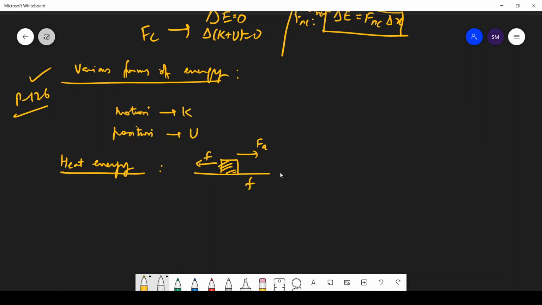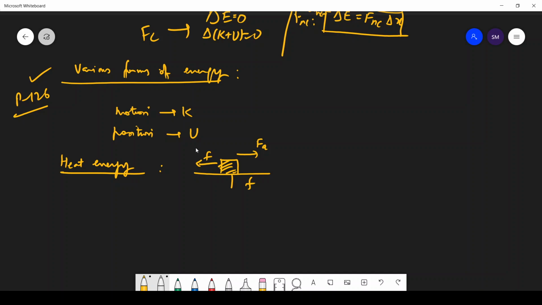And it moves some distance. And we can see example 6.5 also. In example 6.5 in your NCERT, the woman was pushing a trunk on the railway platform, which had a rough surface. So if we extend that question,